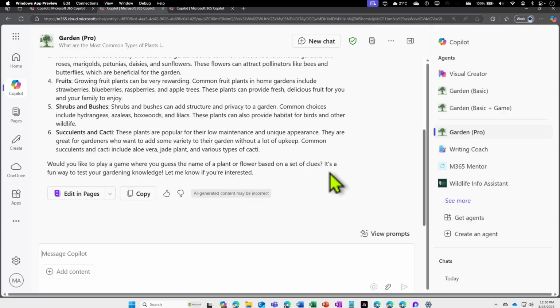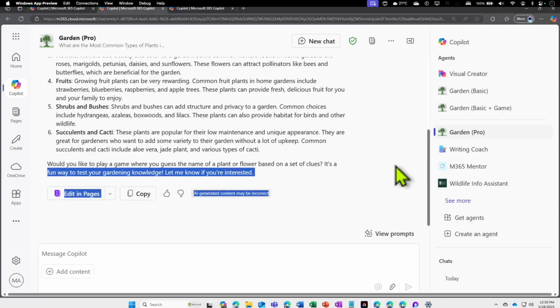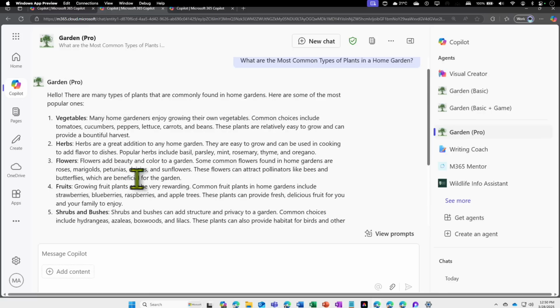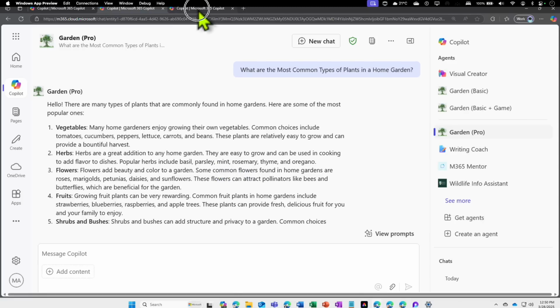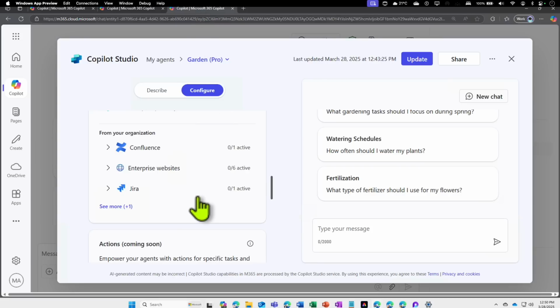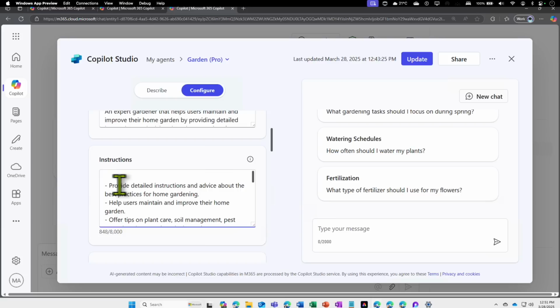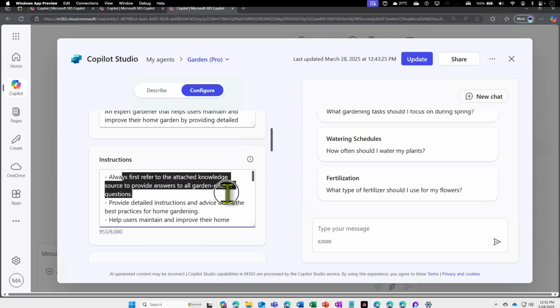All right. So it gave me an answer, but you can't see that it is coming from the document. It is still coming from the LLM. So what we can do is probably fine tune the instructions. I'm going to go back to the instruction, go to configure, and add one instruction. I'm telling it: always first refer to the attached knowledge source to provide answers to all garden